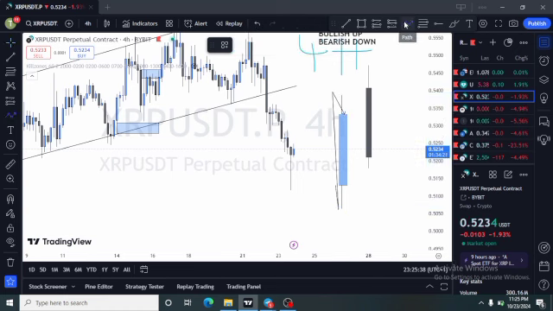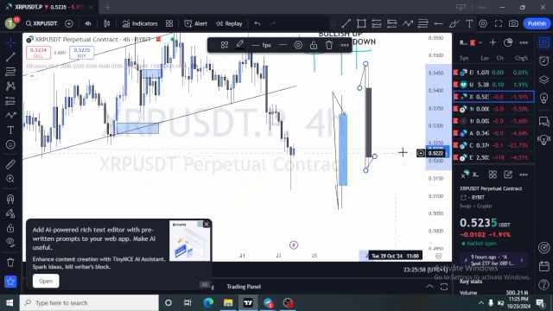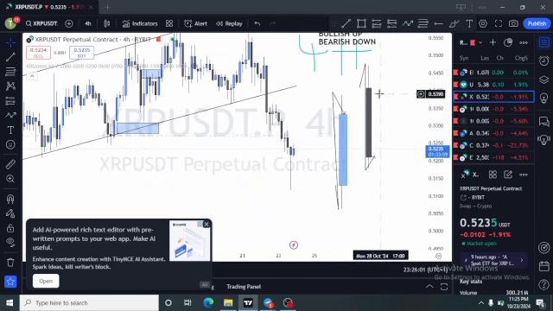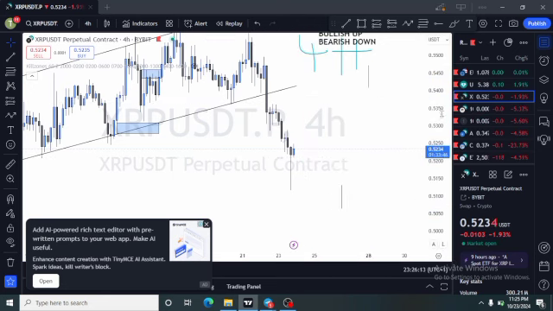In case of a bearish candle, the open is above. The market opens here, then moves as high as here, then moves low. This is the high, the highest point of the candle. Then this is the low, the lowest point, and this is the close where it ended. So that is what you have to understand about that. That's all to understand, nothing much.